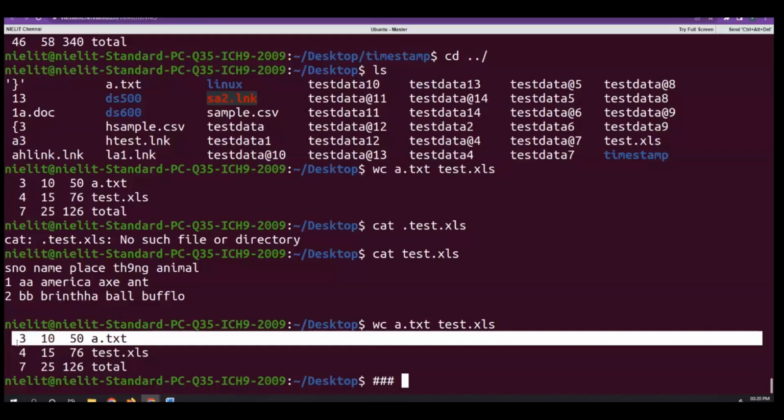Here it is displaying all the things in a single output. If I want that particular thing alone, if I want only the characters, you have to give the minus c option. Suppose I want only the lines, you have to give the minus l option. That's all, the remaining thing is the same. In that case, wc, everything must be given in small letters. Minus l displays